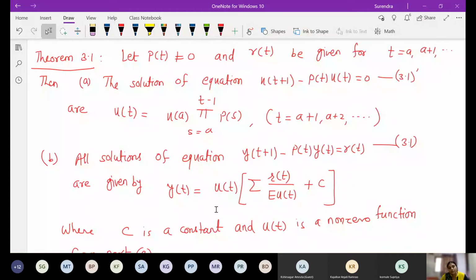First we find the solution of the constant coefficient homogeneous equation, and then we find the particular integral. So CF plus PI is my solution of non-homogeneous linear differential equations. The same thing we are doing here. First we find the solution of the homogeneous equation, and then we use it to find the solution of the non-homogeneous difference equation. Is that okay? Yes, ma'am. So now we will see how to solve the homogeneous equation first.